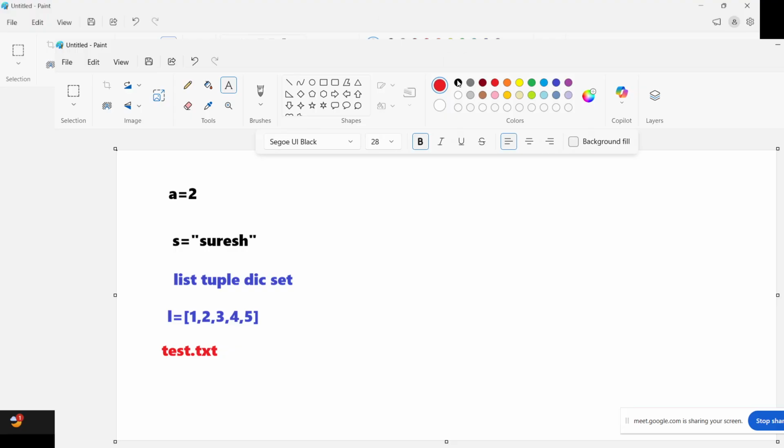After that, we have seen the data format which is in Excel or CSV. And after that, the last format that we have seen is in the form of JSON.